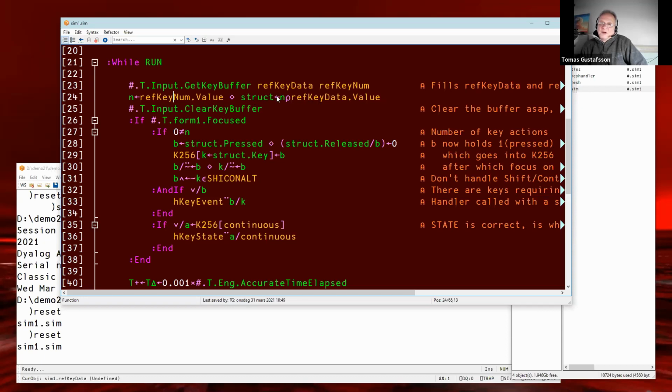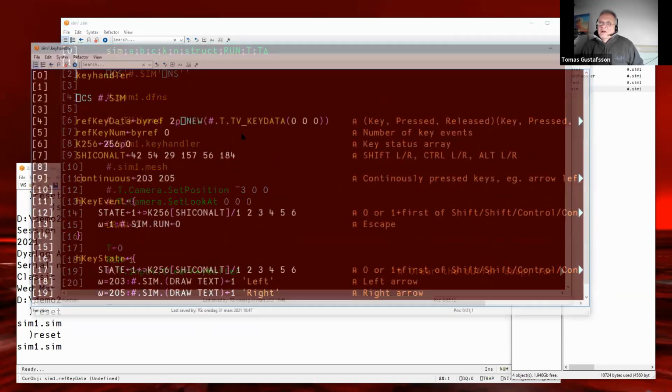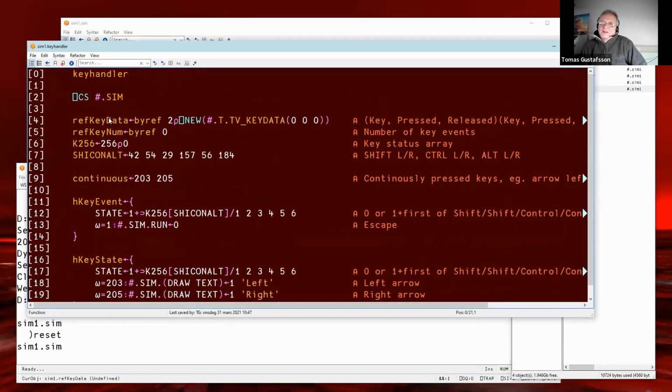The struct I will take from ref key data is 0 or 1 or 2 maximum of the ref key data dot value. I created here barref dot new 2 of this thing here within parentheses, TV key data object, which has, each key data object has 3 slots, 3 numbers.